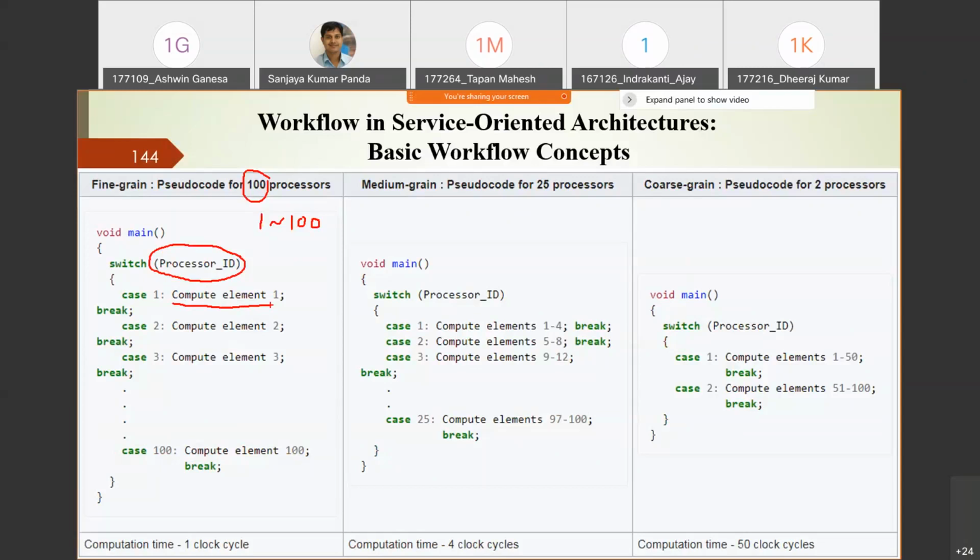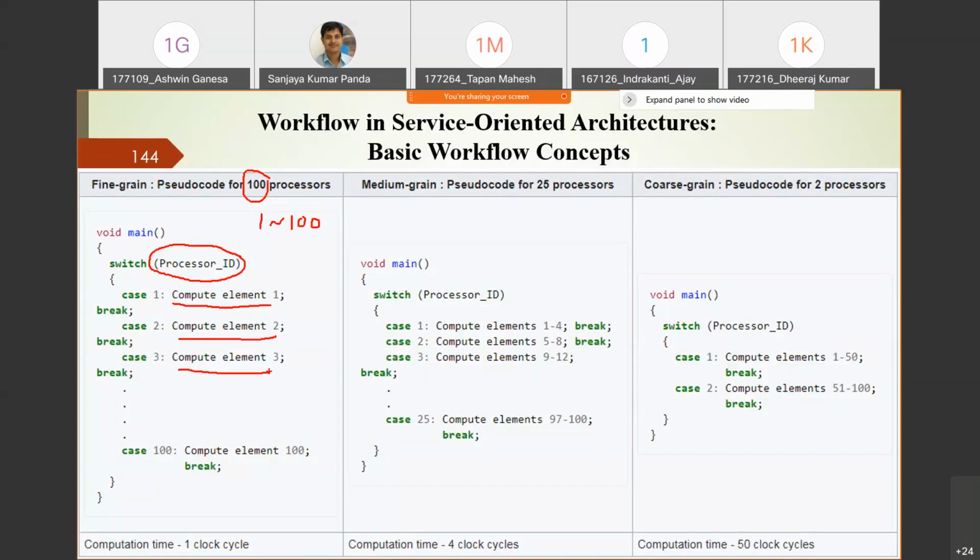Okay. If it is processing element 2, it is going to execute compute element 2. Process 3 means compute element 3. Like that, we are giving various computing work to various processes. Okay. So as it is a detailed view, I can say it is fine grained, right?